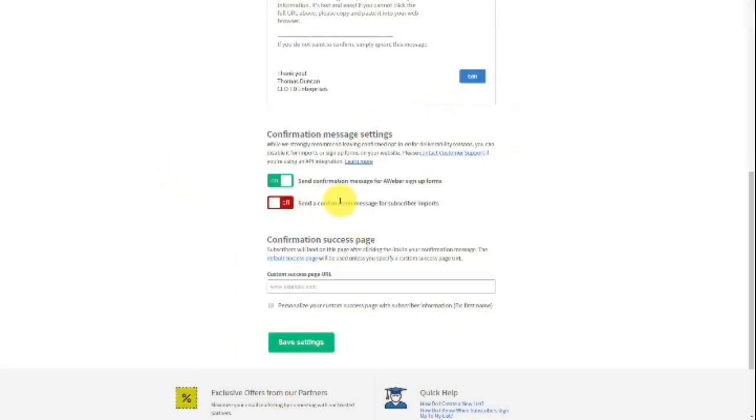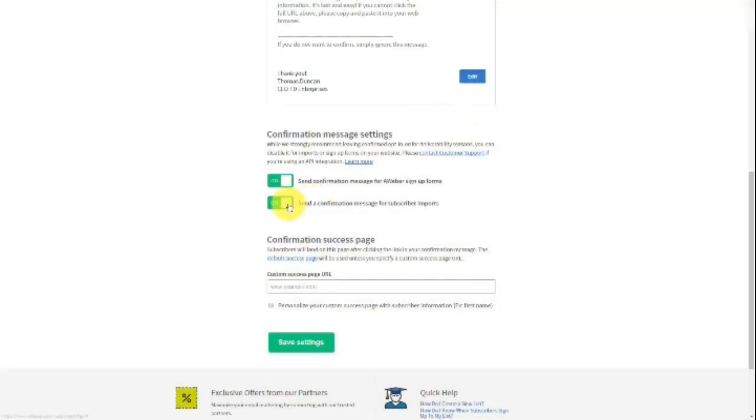Now, you can also turn on the confirmation message for the times when you actually import subscribers. And this is going to be the default setting when you get subscriber imports. You can turn that on, or you can toggle it back off. Now, when you go through the import process, Aweber will still give you the opportunity to send a confirmation message